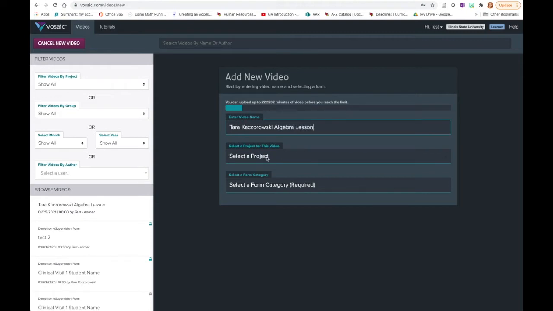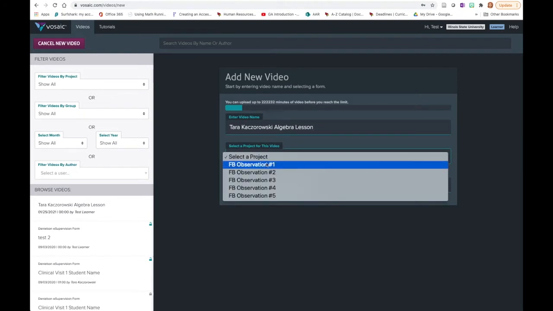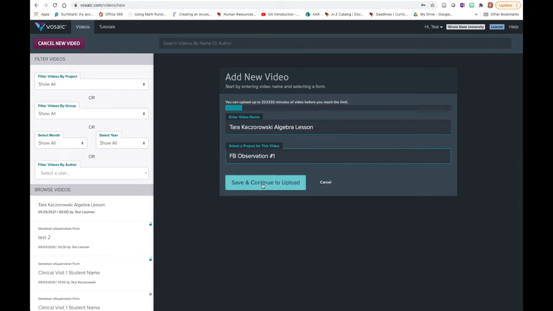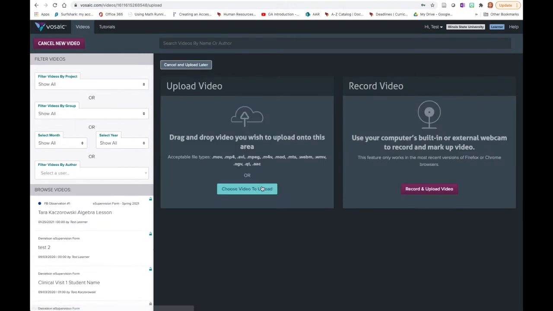Next, you're going to select a project. Your supervisor should have already created some observation assignment links for you. If this is your first observation, then choose the observation number 1 option. Then you click Save and continue to upload, and you'll be taken to a screen where you have a few